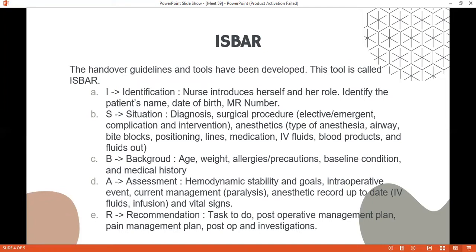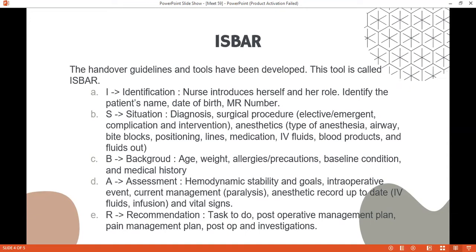This tool is called ISBAR. I, identification. The nurse introduces herself and her role. Identify the patient: name, date of birth, and her number. S, situation: diagnosis, the surgical procedure, elective or emergent, complication and